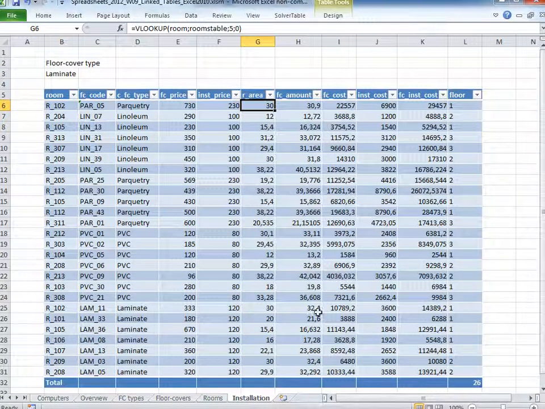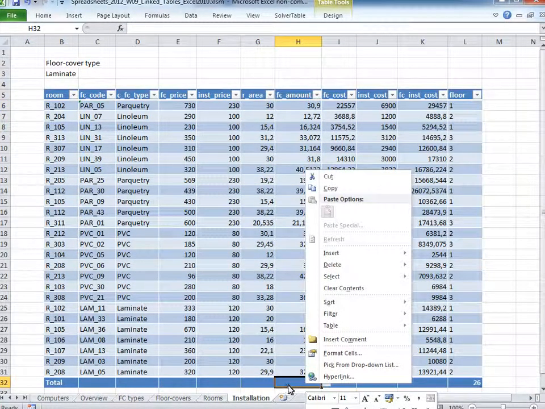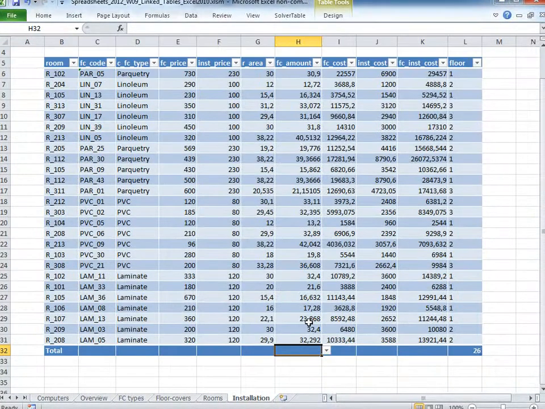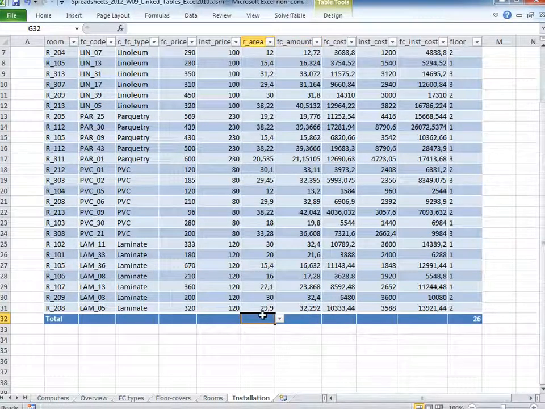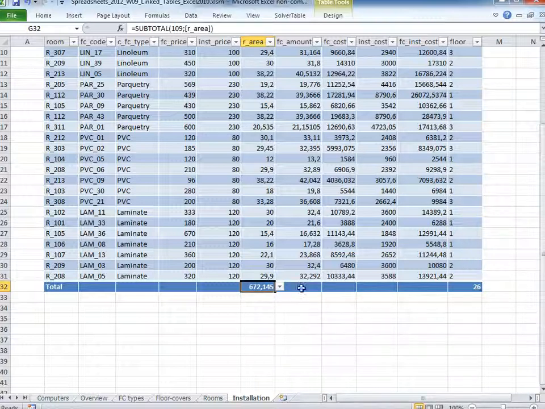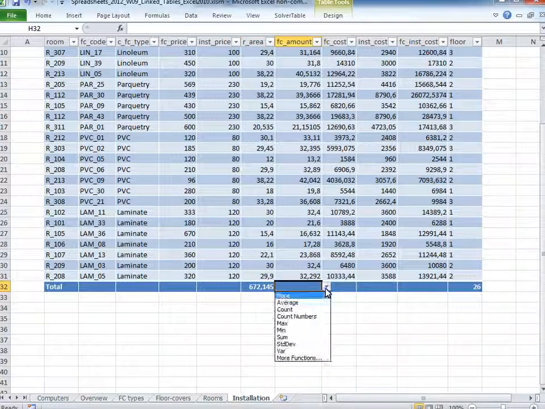And here now we go to the totals row, and we will start switching on things. So we're at first going to take the rooms area, and we will be switching on. As you can see, there is a number of things we can calculate, like the average of rooms area, or how many rooms were there, or maximum of rooms area, or minimum. But we are going to be using sum and switch it on for rooms area, 672 square meters,